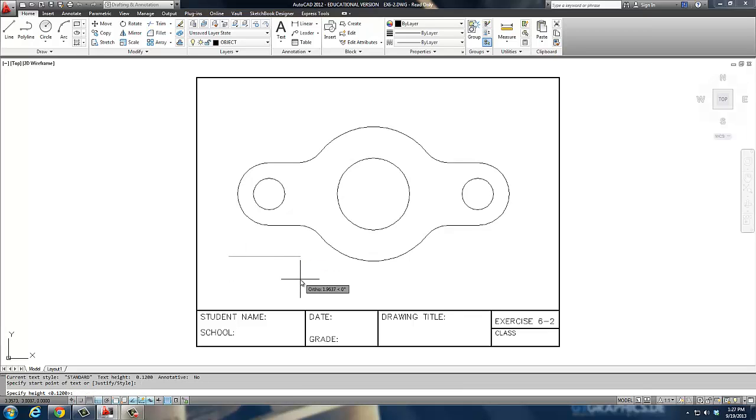Okay, and angle-wise, height I'm going to leave alone, which height right now, if you look in the bottom right or left corner of our command line, height is set at 0.125 inches. That's fine with me. And rotation angle is 0. That's great with me. Now I just have to type. So I'm just going to lock my cap locks and type in my name,